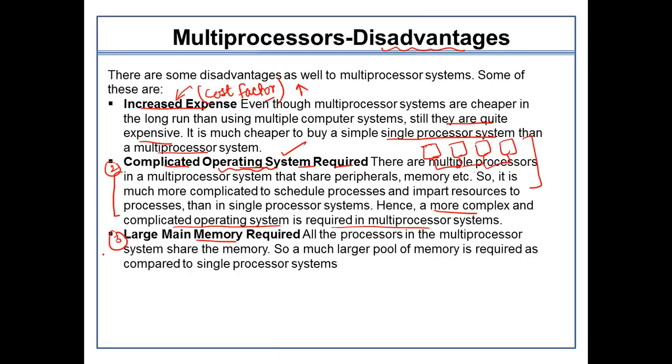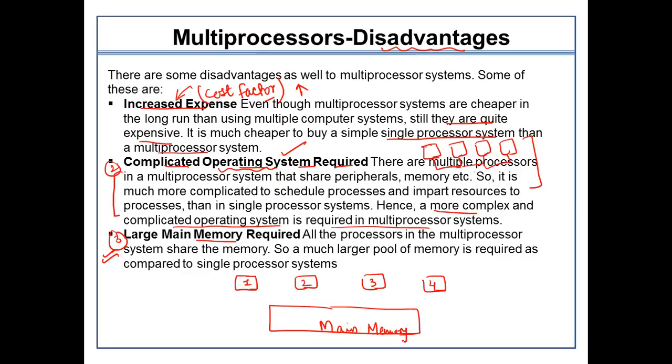So again, this is the important point to consider. When I am saying that there are a number of processors sharing a common main memory, it means that this shared memory should be very, very large in size. The reason is that all these processors should be in synchronization with this main memory. So in order to make the synchronization, its size should be compatible with the capability of the processors.